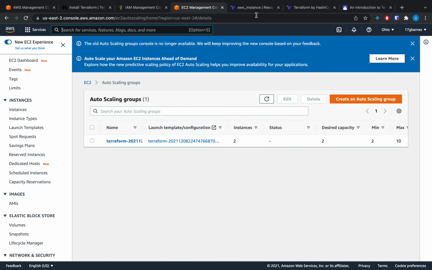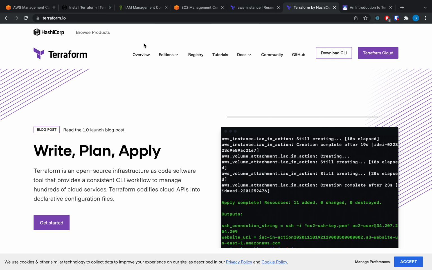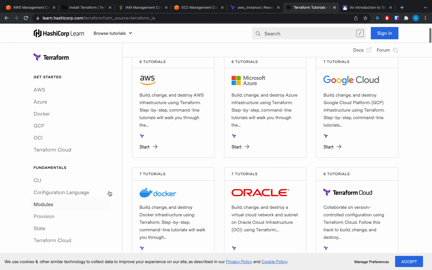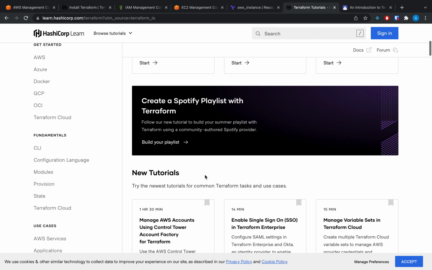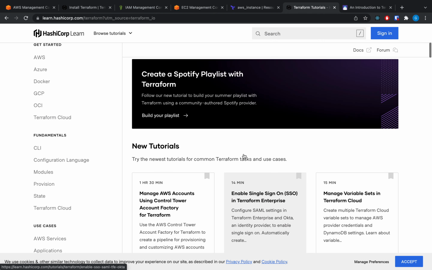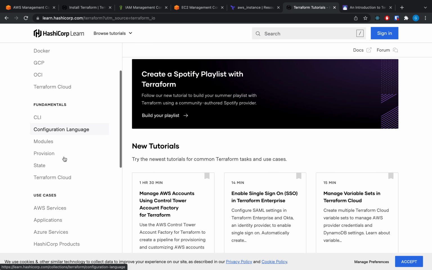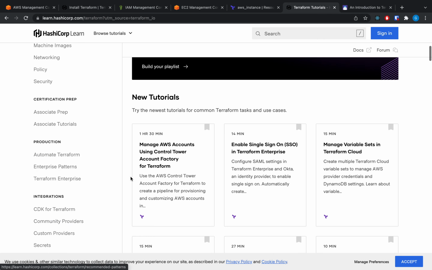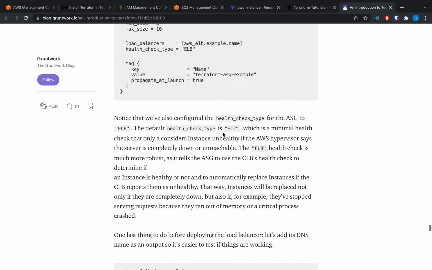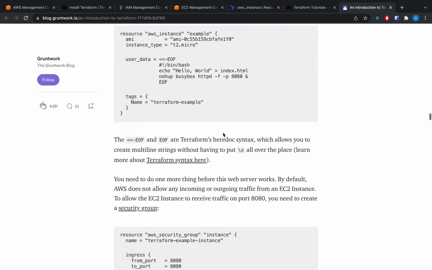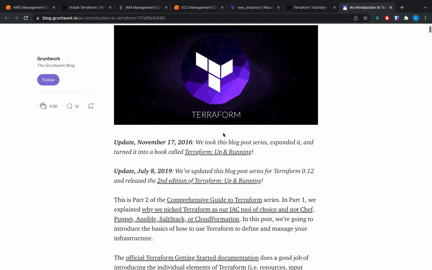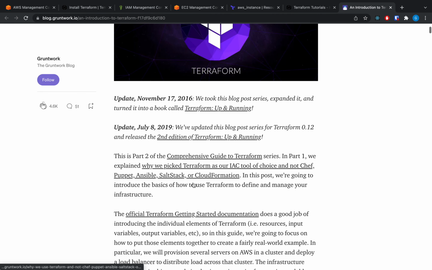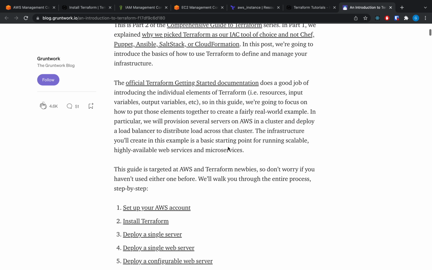And of course, a great place to start for all this would just be the Terraform website, right? There's plenty of tutorials with many different providers. A lot of cool stuff, building a Spotify playlist, fundamentals, different use cases. There's certification for it, using it in production, different integration. And also this Gruntwork blog is, I found, incredibly useful for this tutorial. They have a few different books, a bunch of different guides to Terraform,